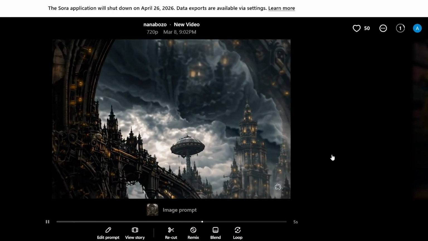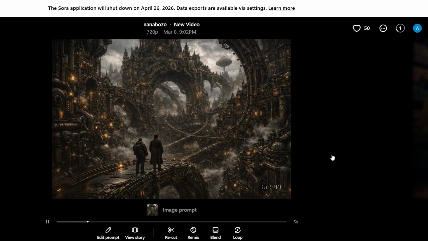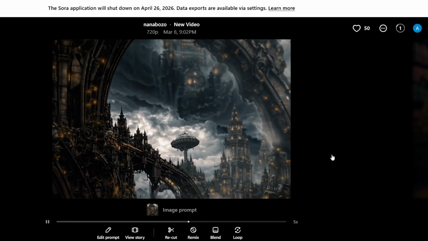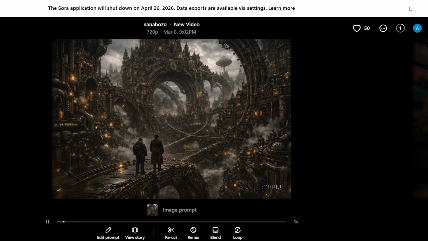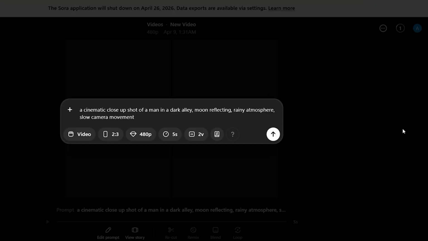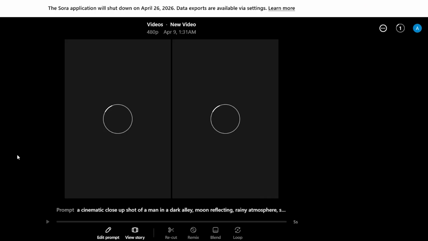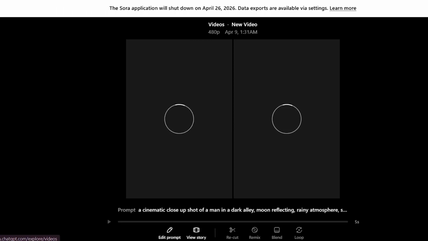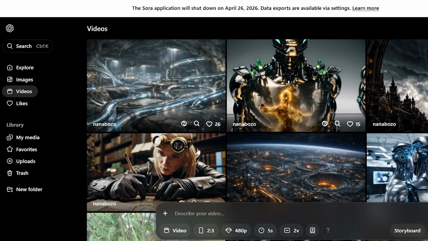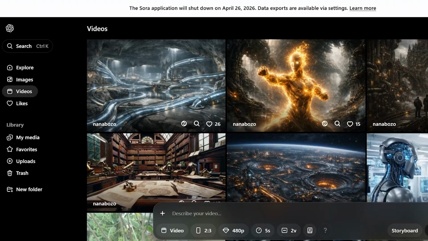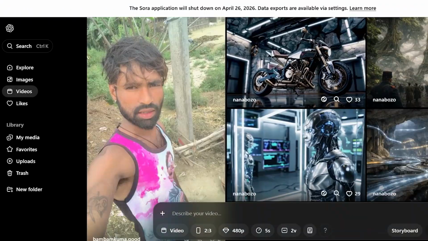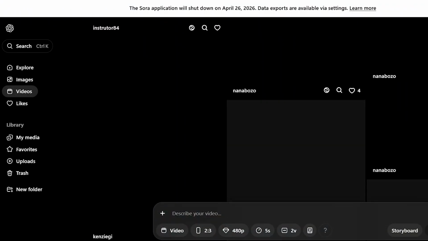Now, here are some pro tips for cinematic results, and first is be very descriptive in your prompts because that is how you're going to get the best output. Also, just use cinematic terms like close up, wide shot, or depth of field within your prompts because that is going to give you the best outcomes. Also, experiment with lighting and mood depending on what you're working with, and always iterate. Don't just stick to one prompt, and it's not going to give you consistent results if you're not looping or